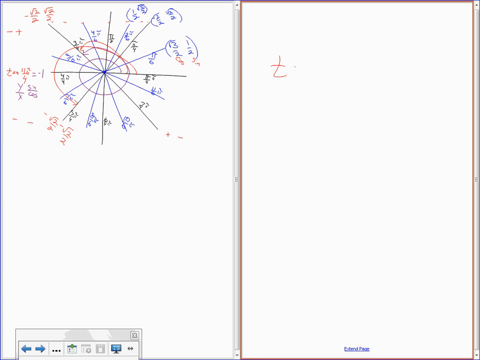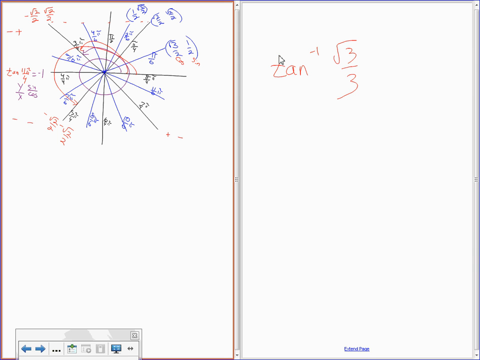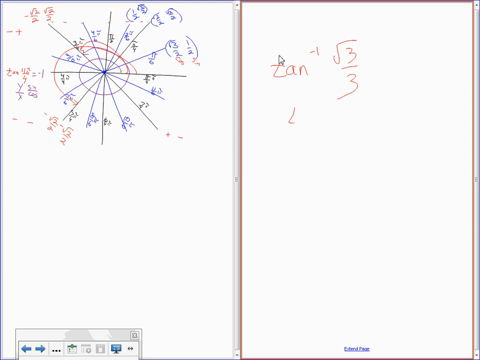I want to do tangent inverse of root 3 over 3. Well, last time I checked on the unit circle, there's nothing that says root 3 over 3. So I've got to figure out which one it's going to be. I know I can throw out all values of pi over 4 though, right? I can throw out all values of pi over 4 because they're all root 2's and root 2's. And since tangent is sine divided by cosine,